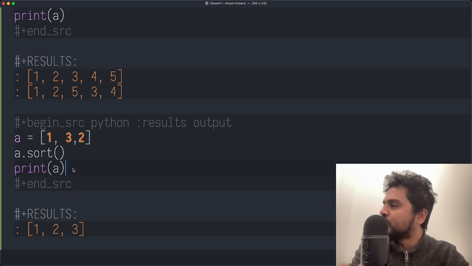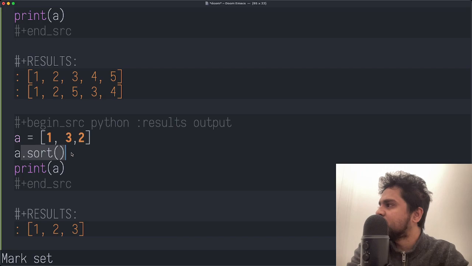Both of these functions use Timsort internally, so their time complexity is effectively the same. But the main difference between these two that you need to be aware of is that the dot sort function changes the input array itself. So if you need the input array unchanged, you should keep this input array in another variable, save a copy of that and then sort that, or otherwise you can